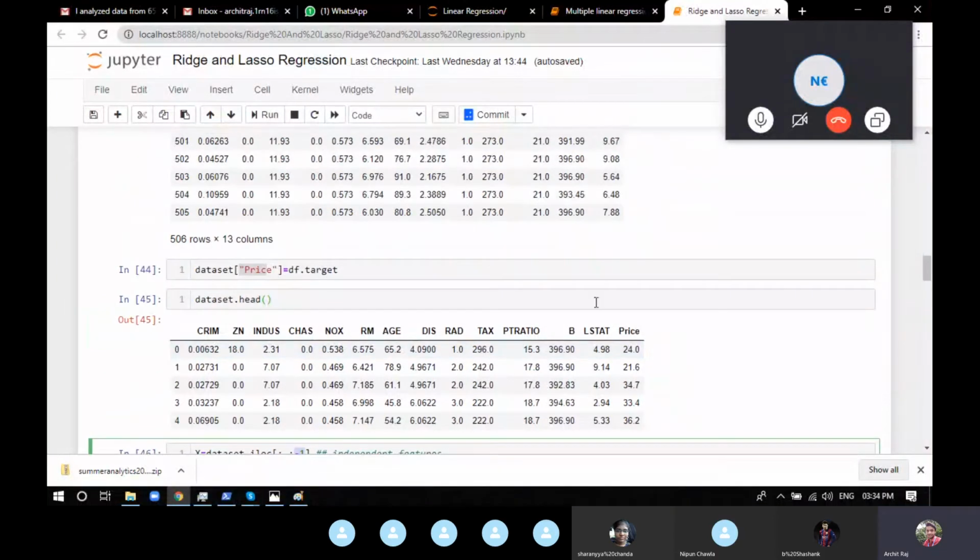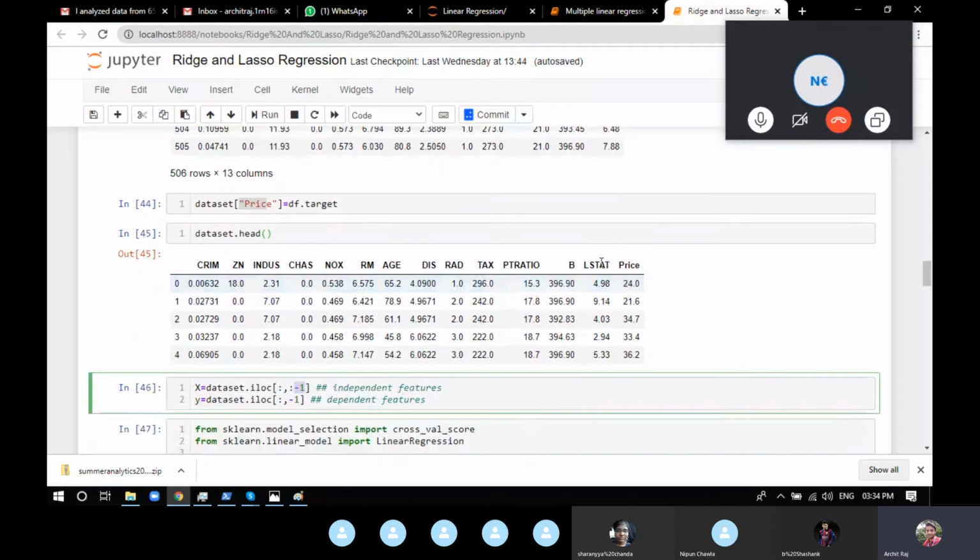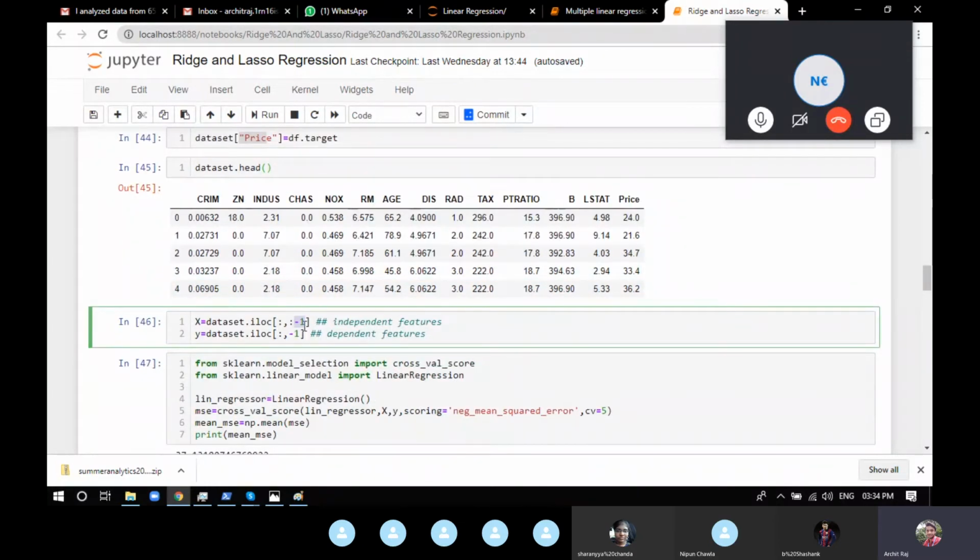If you're using iloc or any indexing, either in lists or functions, you can index from 0, 1, 2, 3, 4. You can index from -1, -2 also. So -1 stands for the last column, -2 stands for the second last column, -3 stands for the third last column. So what we're providing is -1. From the starting, you have to take till -1.